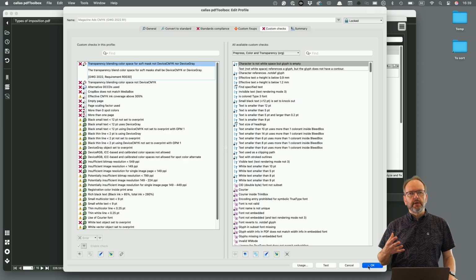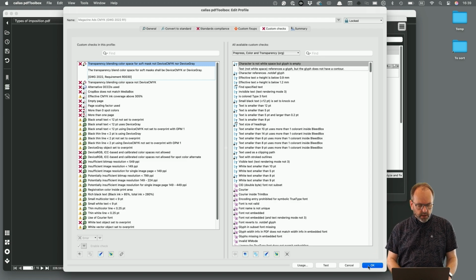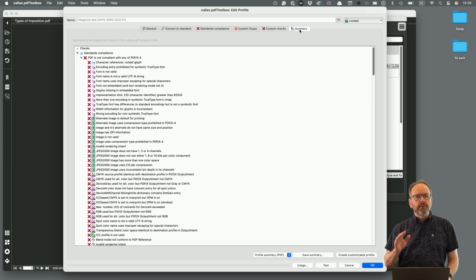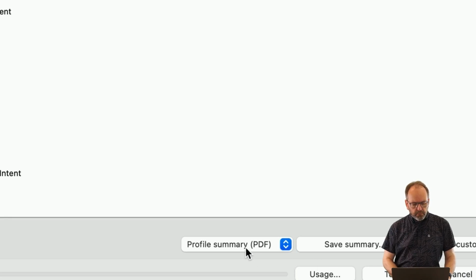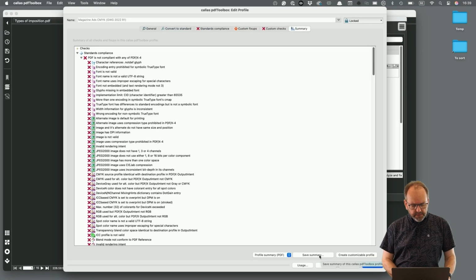How can I get a list of all the things that are part of this Preflight profile that I can easily use in documentation for a project? Well, you can get a number of different things from pdfToolbox in this regard. The first thing that you can get is if I go to Summary, at the bottom I have the setting Profile Summary in PDF and then Save Summary. And clicking that